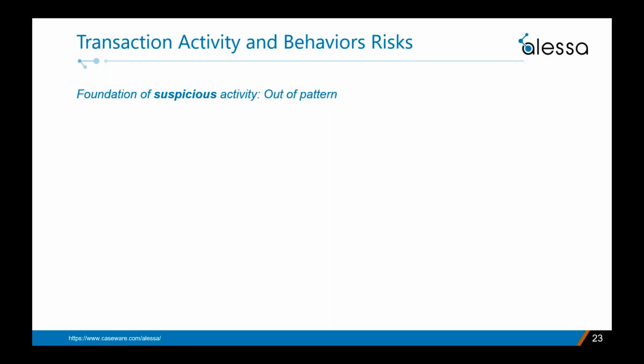For a customer that's been with you for a while, you'll have a historical pattern of activity to compare to. If what a new customer does is significantly different from what they told us up front, well, that's a red flag. If an existing customer suddenly starts doing something that's way off from their normal patterns, that's a red flag too. Now, there could, of course, be a legitimate reason, or there might not. That's up to you to ascertain. So let's look at some of these high-risk patterns of customer activity and behavior.